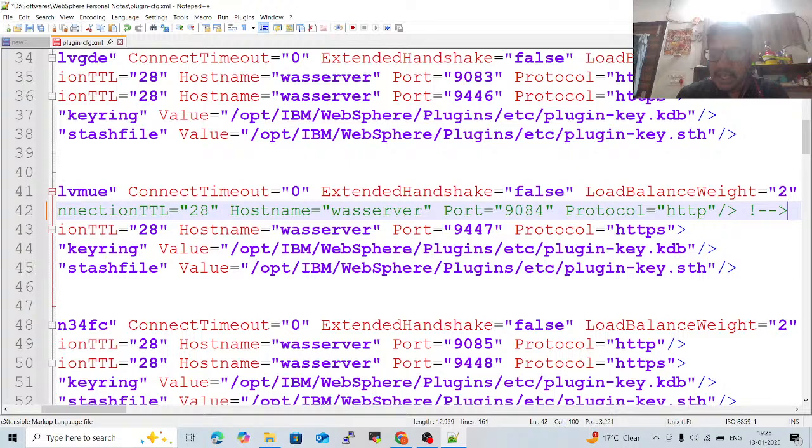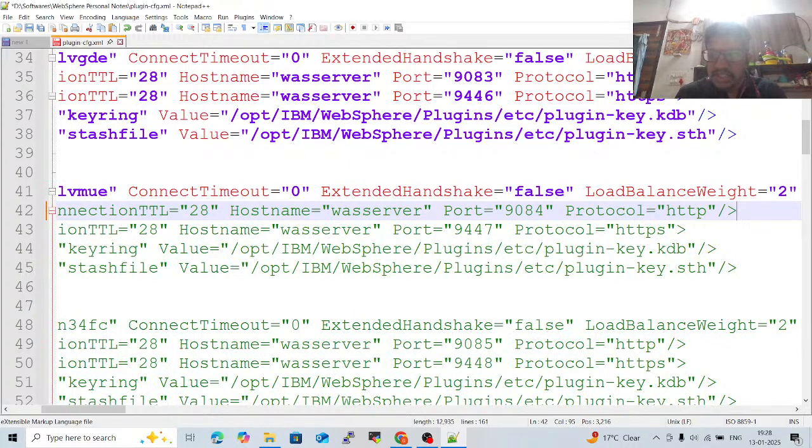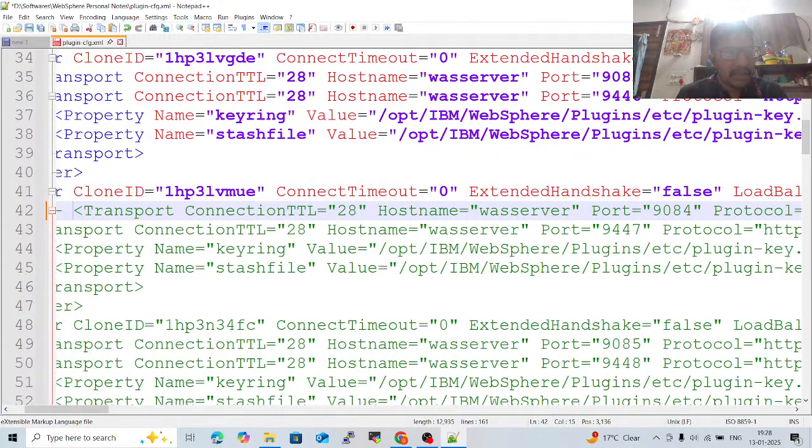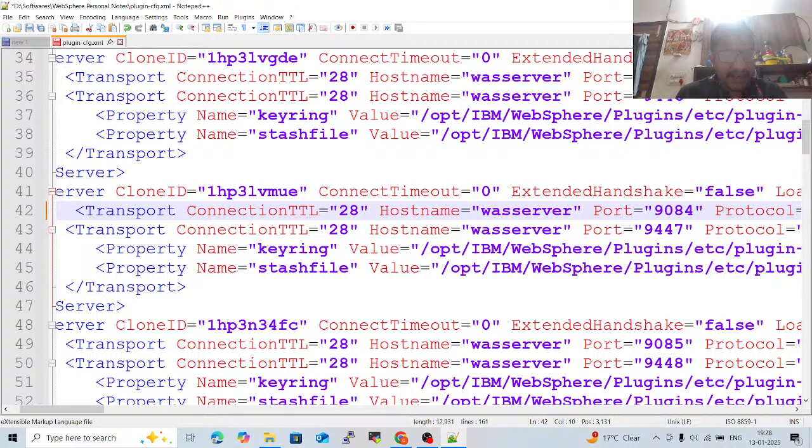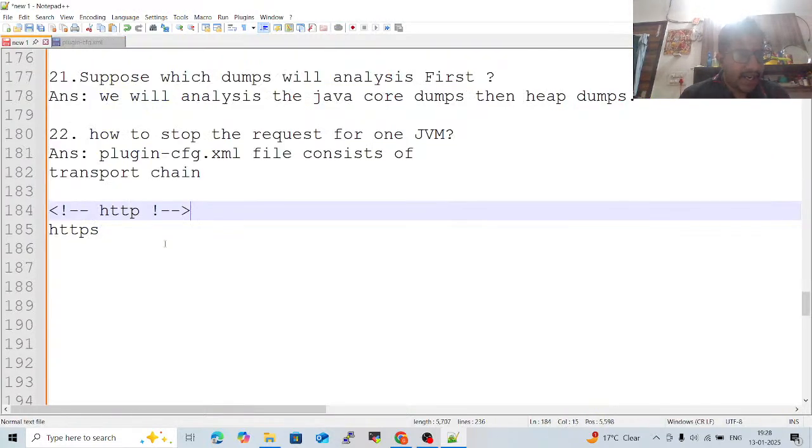By using this, you can not pass the request to the application server. Okay, this is one of the most important questions. This is a repeated question. Okay, after that